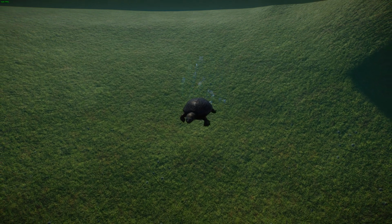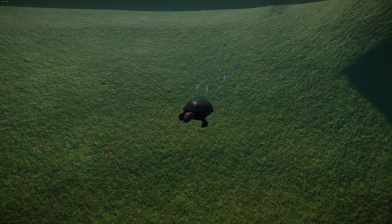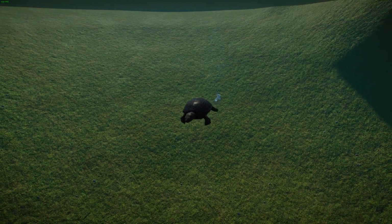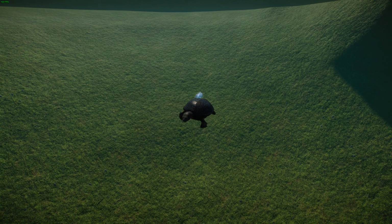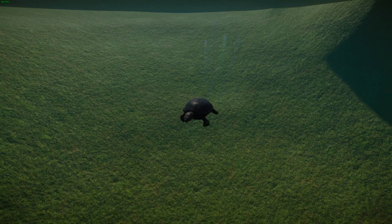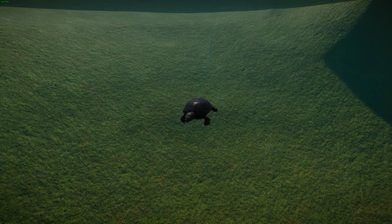These guys are found across South and Central Europe, West Asia, and North Africa as well. And in France, there are 6 large remaining populations, which are all deteriorating, and it is the most endangered reptile in the country. So in Switzerland, the European pond turtle was extinct at the beginning of the 20th century and has since